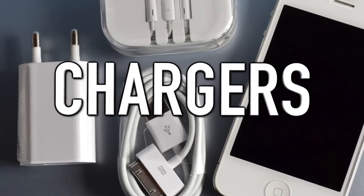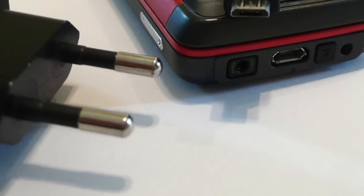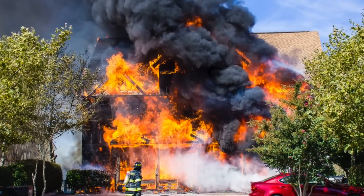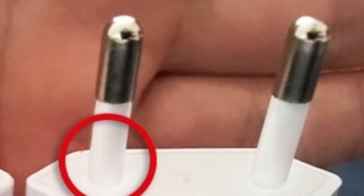Next up, we have chargers. Charging plugs may seem like an essential and basic product, but they can be deadly if they're not made by official manufacturers. And I'm not being dramatic, hundreds of house fires are caused every year as a result of badly made fake chargers. Most plugs will have small plastic rings going around the pins, while fake chargers will often leave